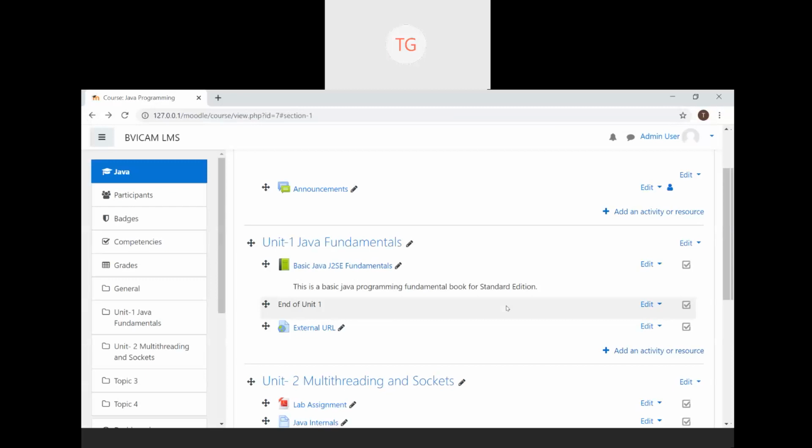Ma'am, when you are in site administration, is that course visible? There is an I symbol there, the symbol of an I. That should not be crossed. Is your course hidden or is it visible? Okay, I'll just check that.